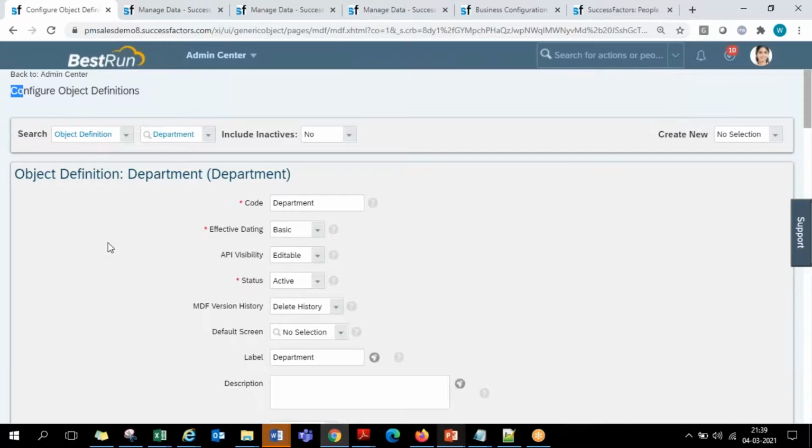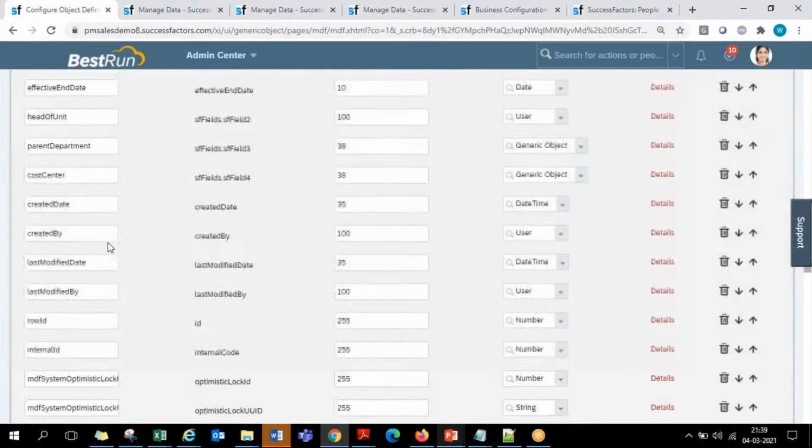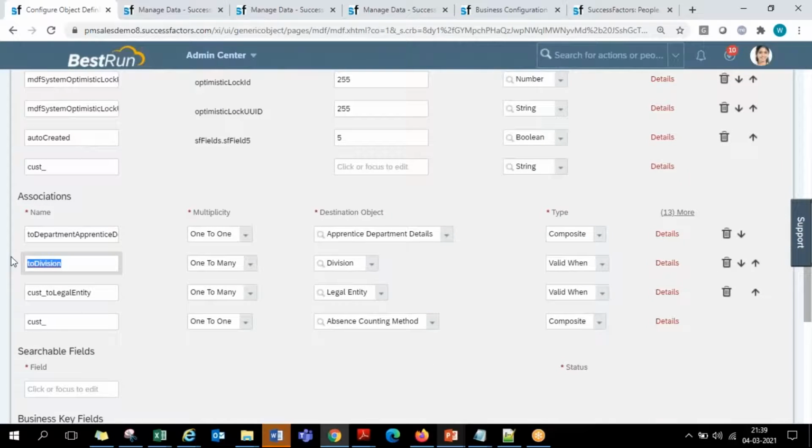Okay, and association definition is only these four fields: giving the name of an association, multiplicity as one-to-many the only choice, to which object as a parent you are connecting, with valid when. Simple. Okay, any questions still here? Do not bother about other things like why legal entity and all, do not worry, that's the next level. So first, this is the first level you have to understand.